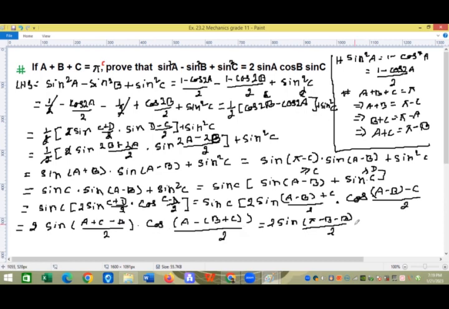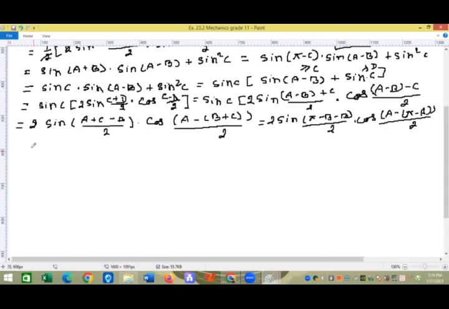And then here it is cos, we have A minus B plus C. In place of B plus C you can write pi minus A, and this is divided by 2. Okay,